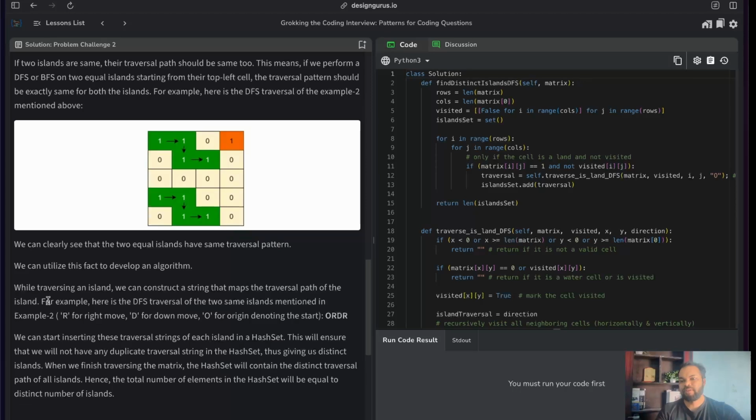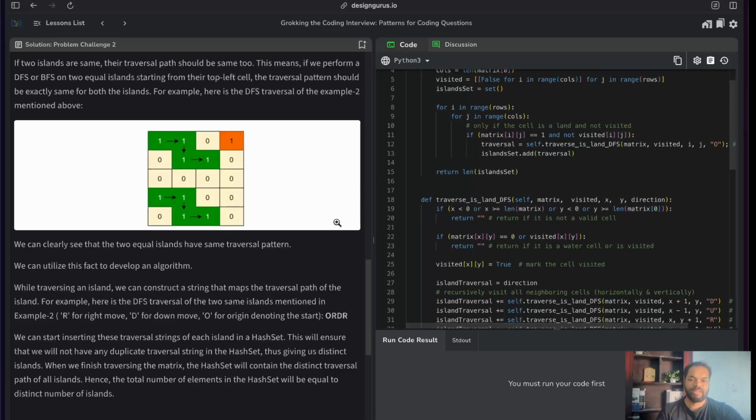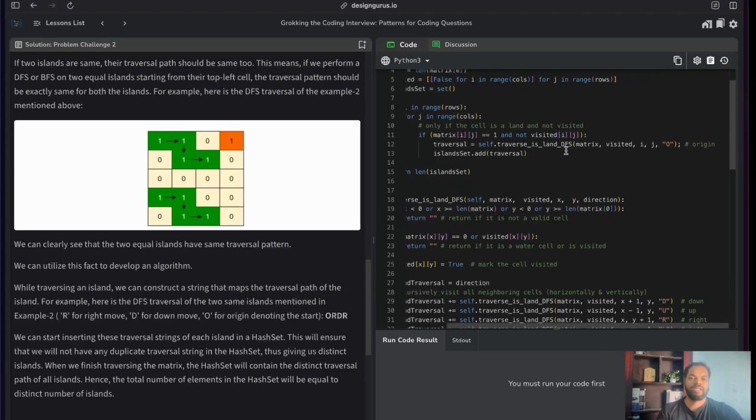So what they do while traveling, okay, let's look here. Rows, columns, visited, island set. Okay, they are creating island sets. Then for i in range rows, j in range columns, only if the cell is a land and not visited. In that case, we are doing a traversal: self.traverse_island_DFS(matrix, visited,